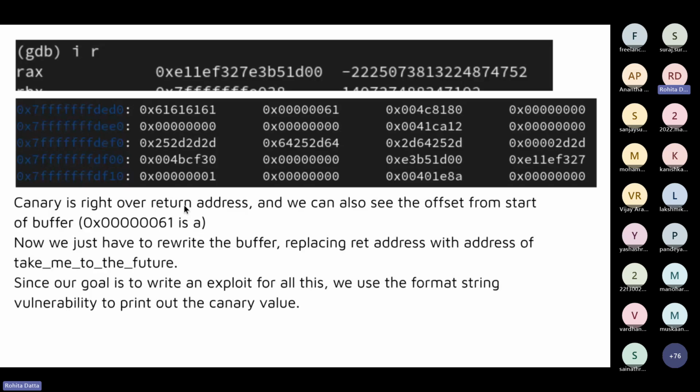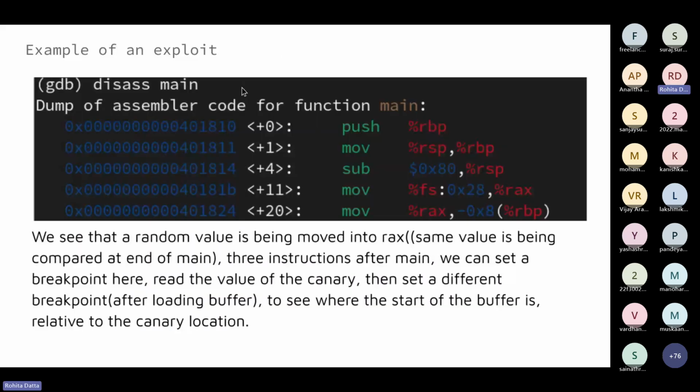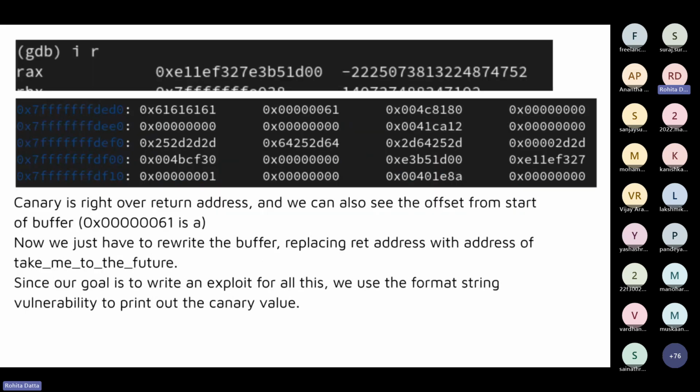So to get the canary itself, again, we use the format string vulnerability combined with this positional argument. First, we just gave it a bunch of A's and we gave it some random number argument. And it printed some random value on the stack. You can see where that random value is in relation to the canary. And you can see what new number you should give so that it stops printing the initial value